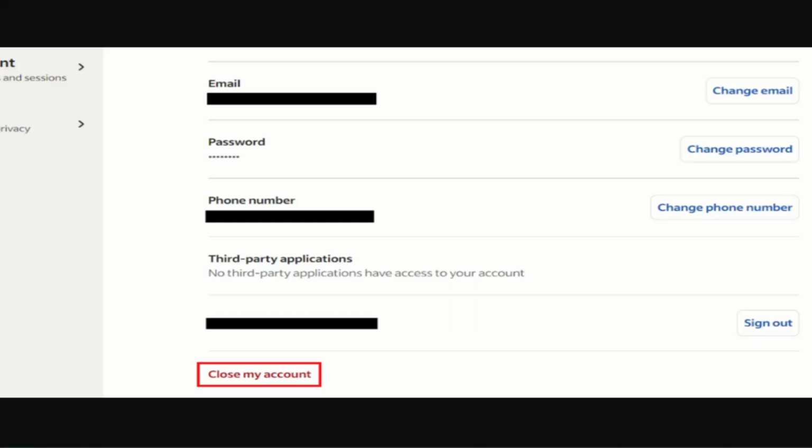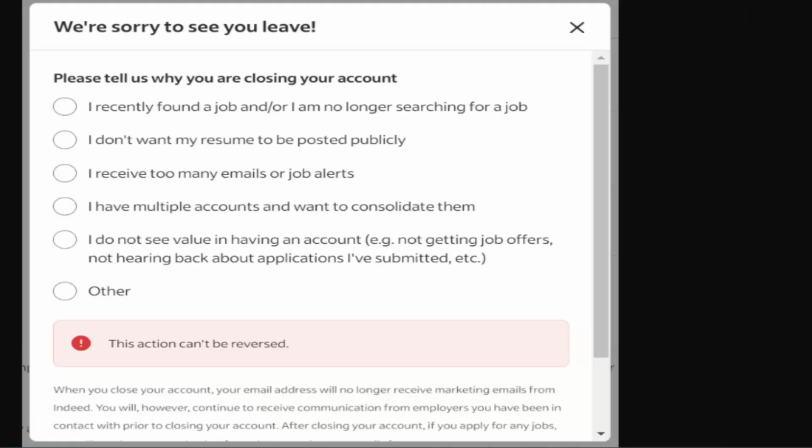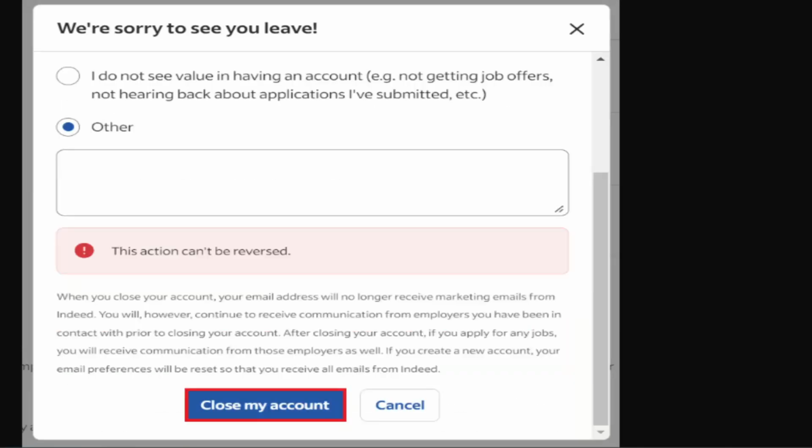account. So click that, after which you'll then be asked to give a reason for closing your account. So give a reason, and after which you have to confirm it. So scroll down to the bottom and click on close my account, and once you've actually done it, you'll